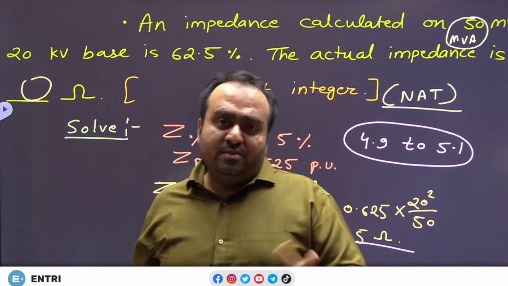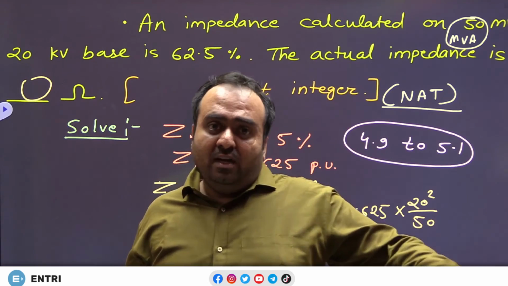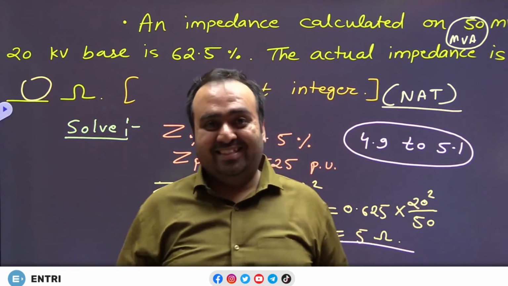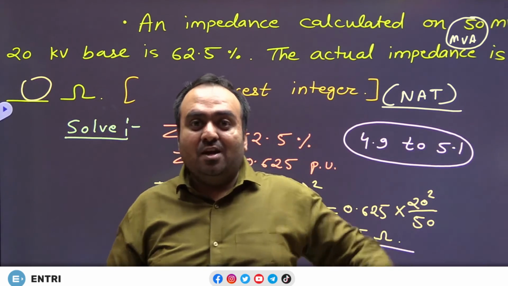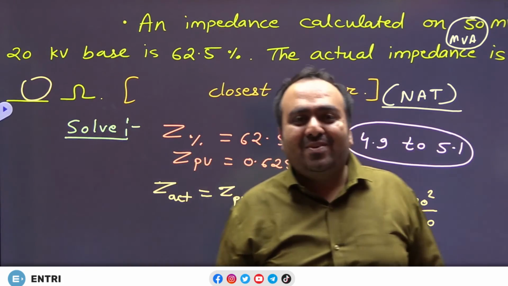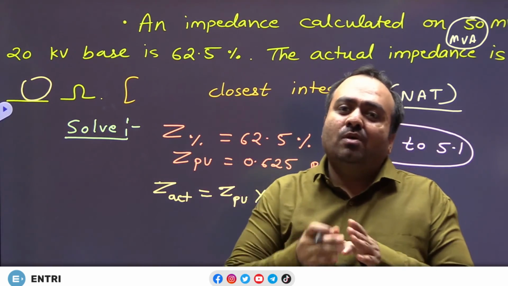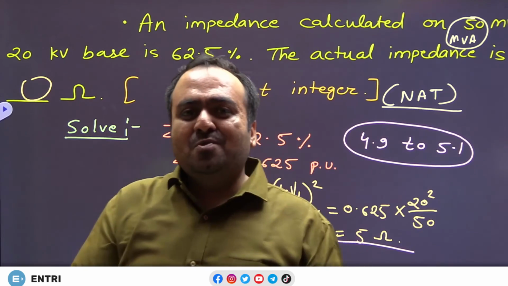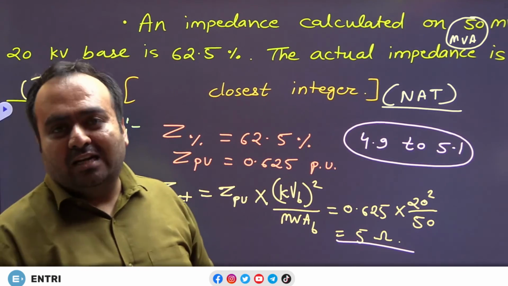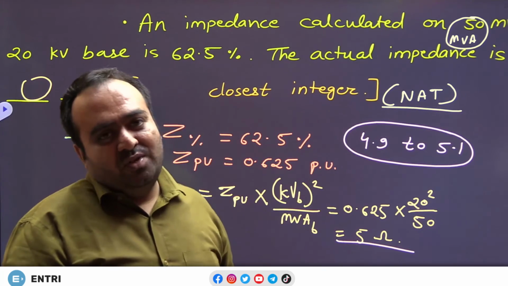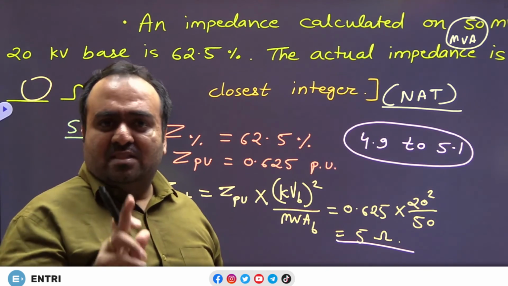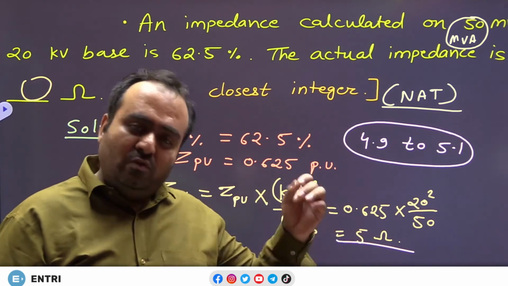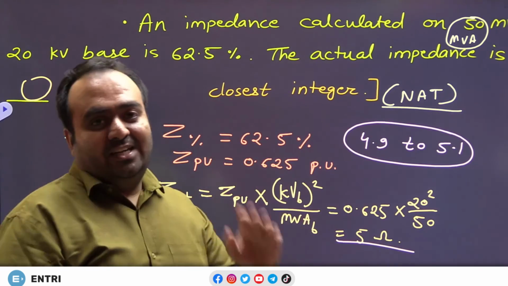In the earlier lecture also I have said, the actual answer is 5 and you are entering 85 through the keyboard. Even Rajnikanth cannot bring you within tolerance. Actual answer is 5, you are entering 85, only God knows where you got 85 from. In that case, whether you go up to 10 decimal places, you will not come in the tolerance. And if you are doing it right, taking it up to 2 decimals, even 1 decimal will bring you in the tolerance. But being on the safer side, let's take 2 decimals. Go up to 2 decimals and do it correctly, your answer will be taken as right. Don't be concerned about the tolerance, you will be in the tolerance provided you have done it right.